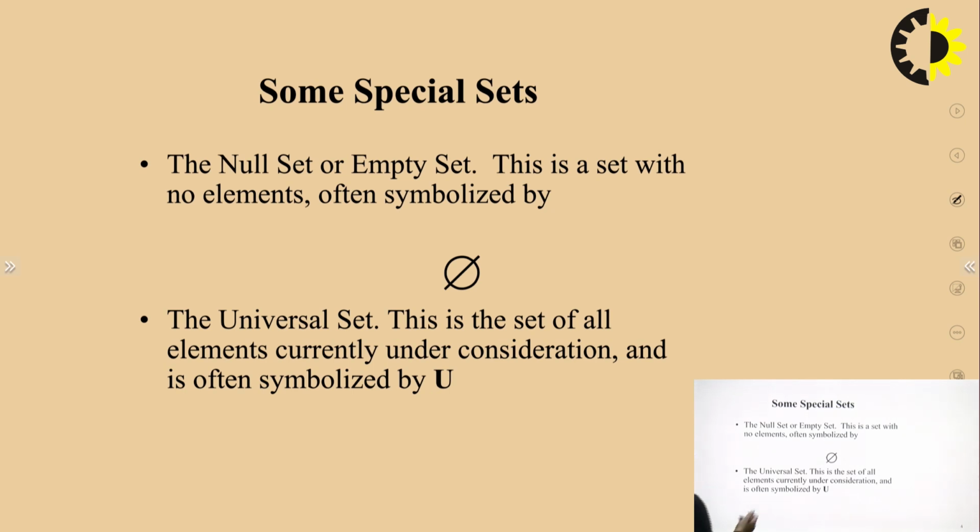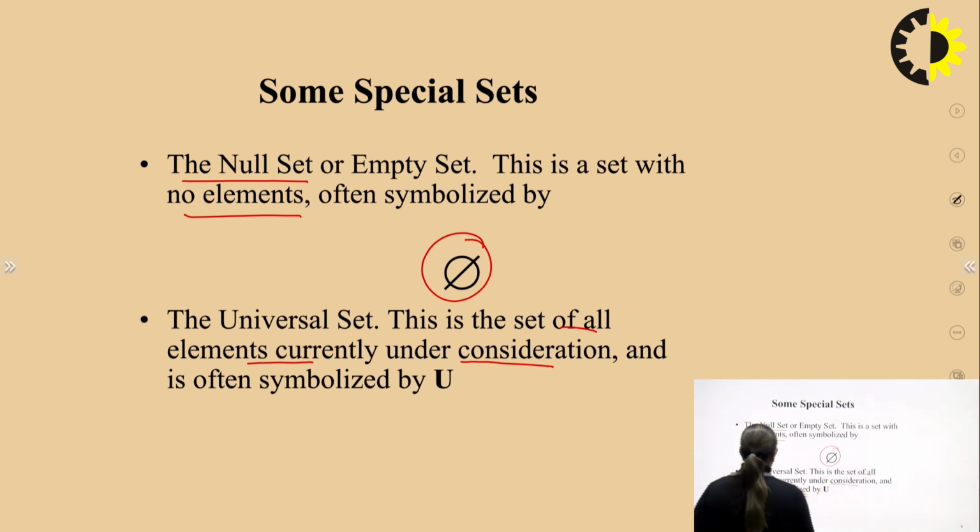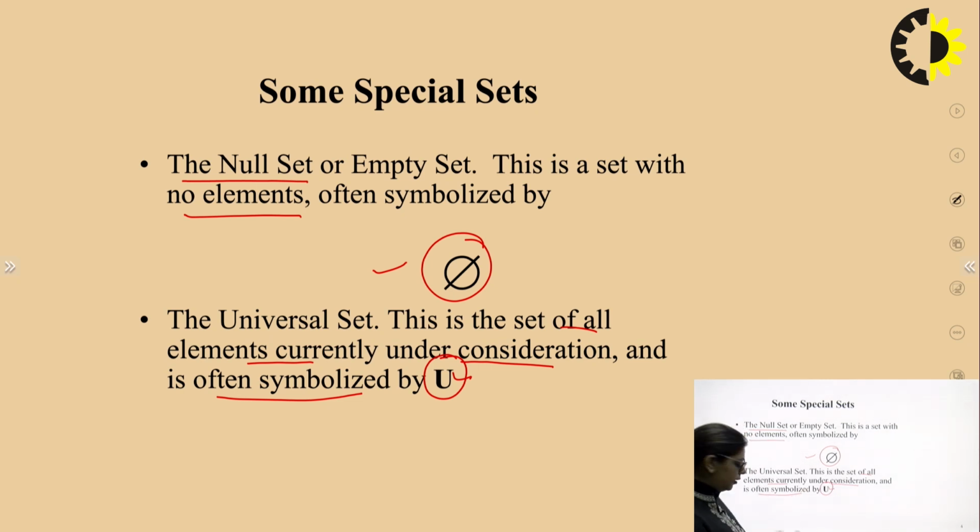Now some other special sets are the null set or the empty set. This is a set with no elements and is often symbolized by the symbol phi, right? Universal set: the set of all the elements currently under consideration, often symbolized by capital U, right? The null set means there is no element in the set. The universal set means that all the elements are included in the set,